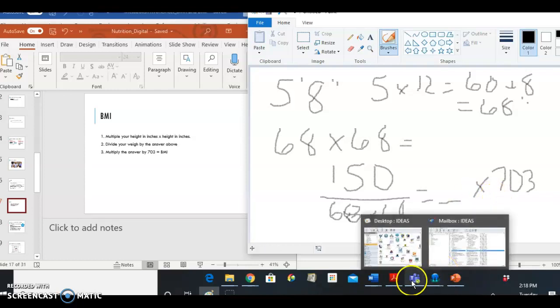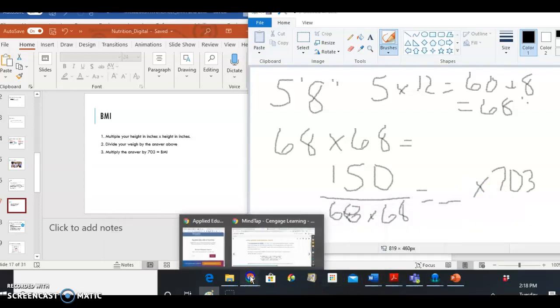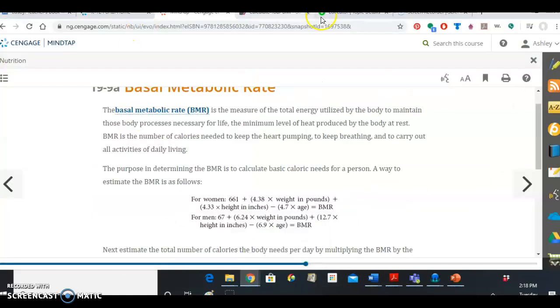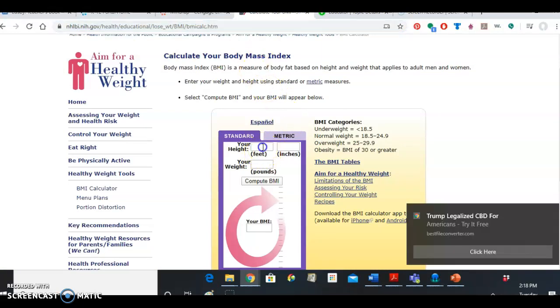All right, and then once you do that, you can go on, I put it onto your worksheet, and you can go into one of these BMI online calculators and just check your work. So basically we said this person was 5 foot 8 inches and they weighed 150 pounds, and we can click on compute BMI, and this doesn't matter if you're male or female on this one, it's not going to ask you that. This BMI is 22.8, and your book tells you just basically healthy versus unhealthy, but this has got